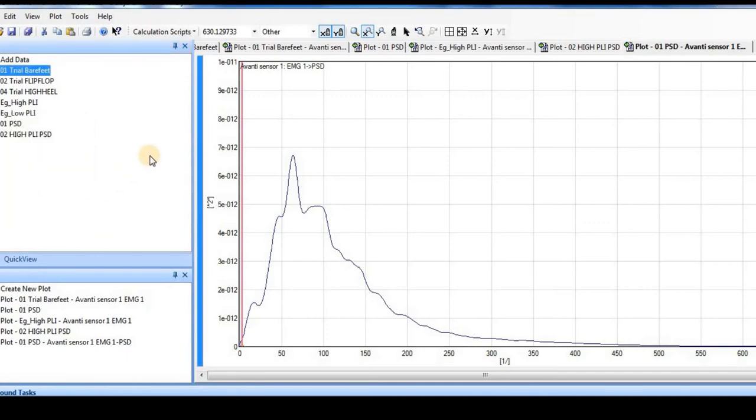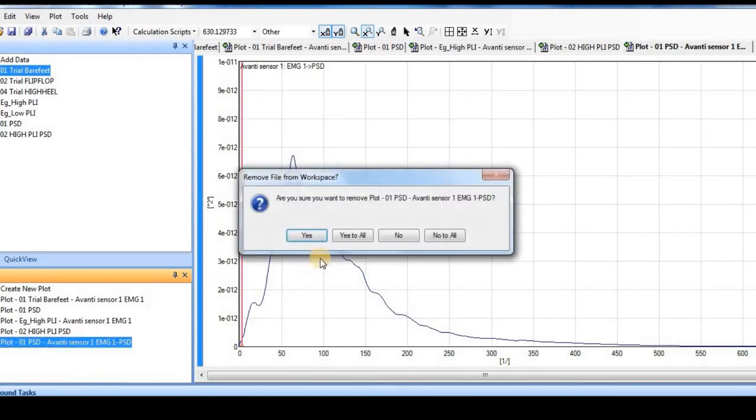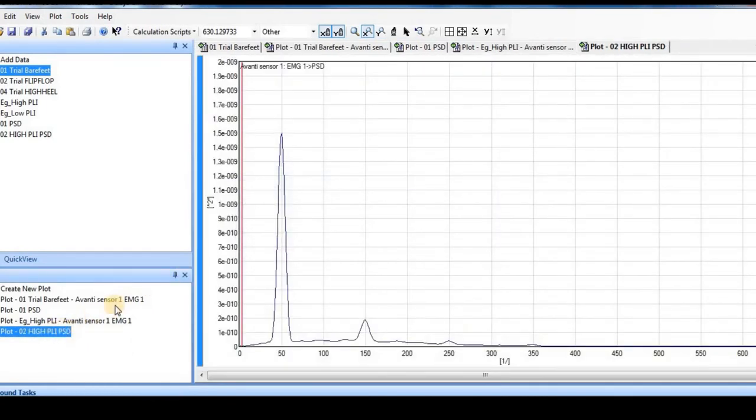One more thing I can mention here is that in this section of the workspace, you can see that these are the data series. These are the data series which can be exported to Excel or to any other format, and these are the data series which you can plot or manipulate. These are just the different plots that are temporarily available in this workspace. So different plots that I have just done, they all are seen here. If I want, I can remove any of these. So this is something I wanted to tell.